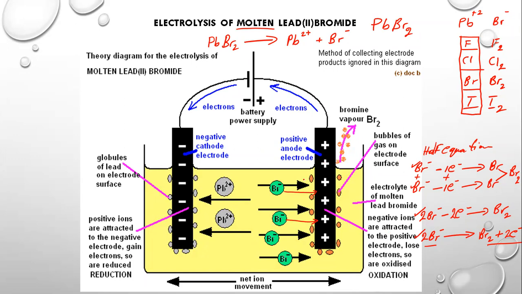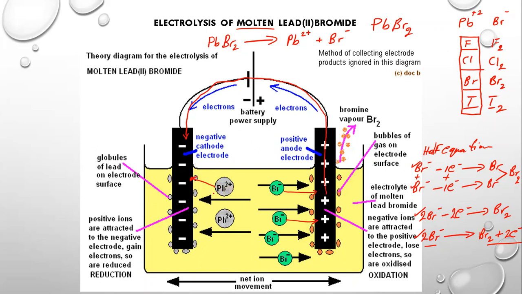Now, the electrons that were given up, these two electrons that were given up at the anode, travel through the circuit from your anode to your cathode. So now these electrons are in the cathode. Your lead ion there, the Pb2+ ion, will move to the surface of the cathode and accept two electrons to